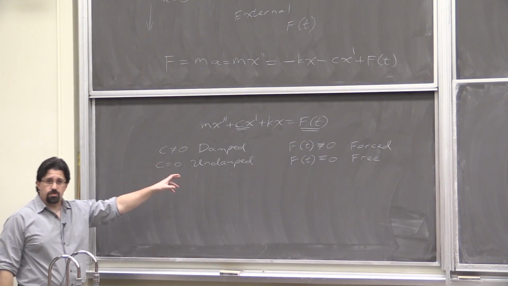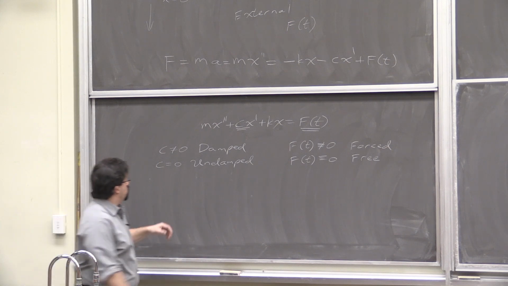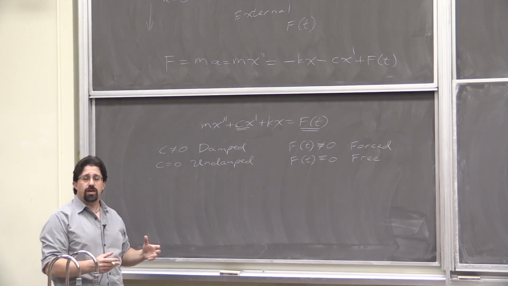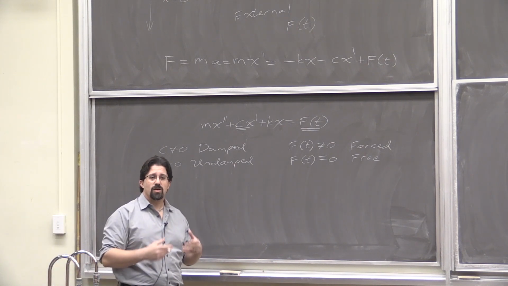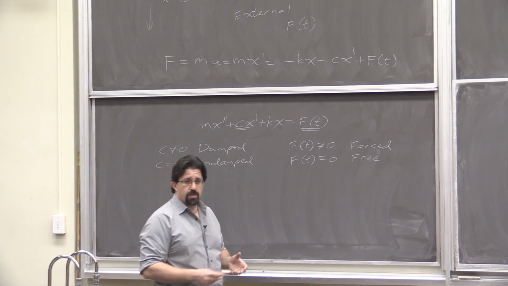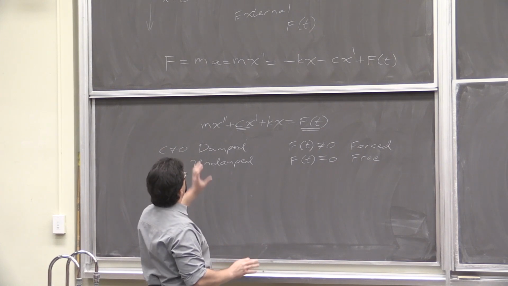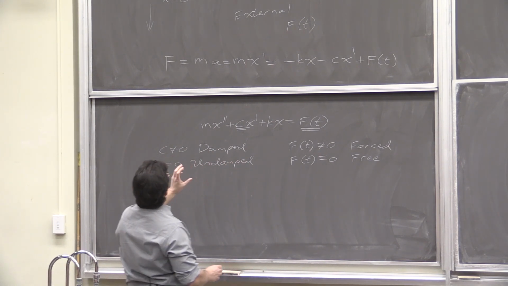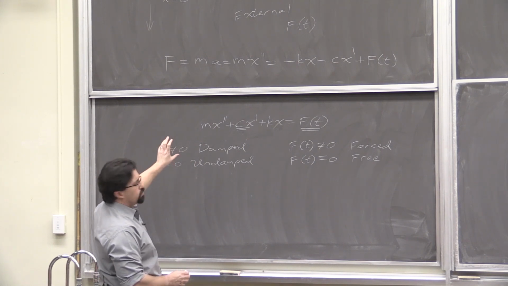And now you can pick and choose. We are going to pick and choose free undamped system, and we're going to try to see if we can figure out what that looks like. Now, first of all, before we head off into the mathematics of that, just a very quick connection to other